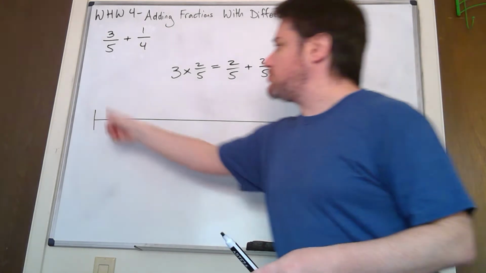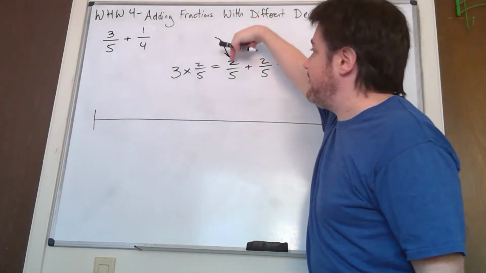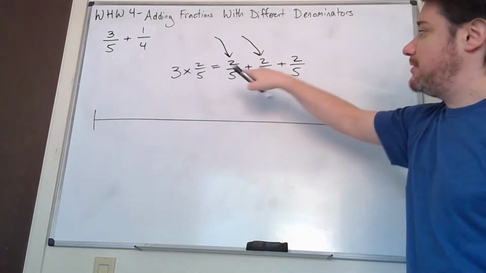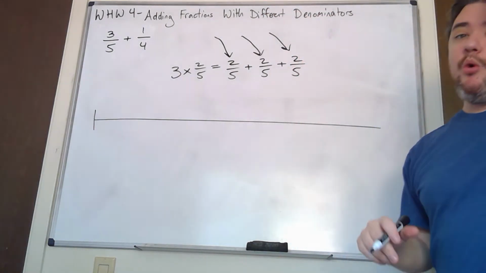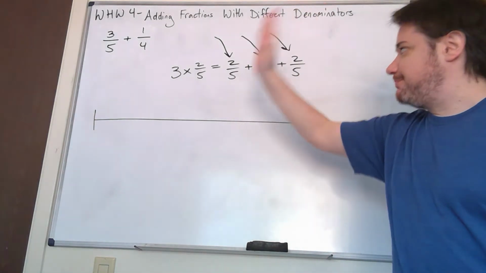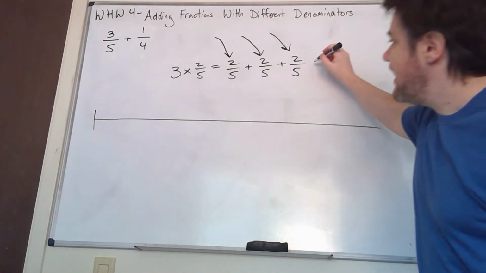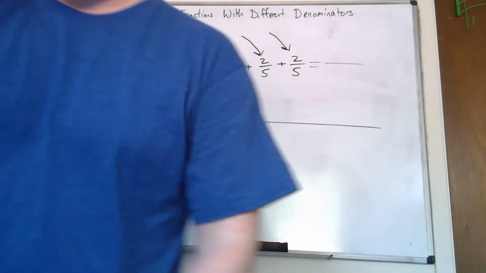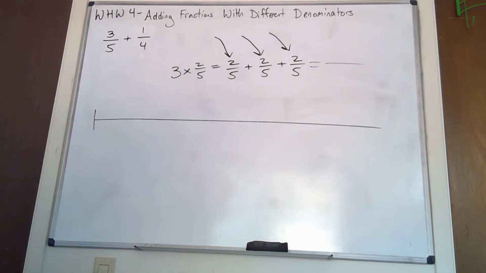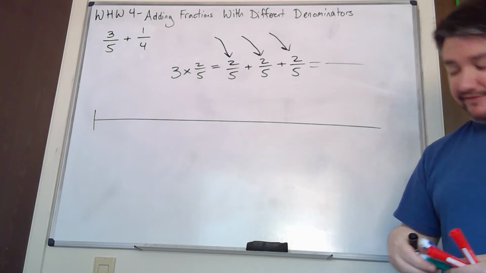You could think of you're going to start at 0 and then jump to the first 2/5, and then from there jump another 2/5, so whatever that distance would be, and then from there jump another 2/5. Or another way is just start here right off the bat, and then jump 2/5, jump 2/5. And without drawing it here, because we've already done this problem, let me talk our way through how addition works, based on our